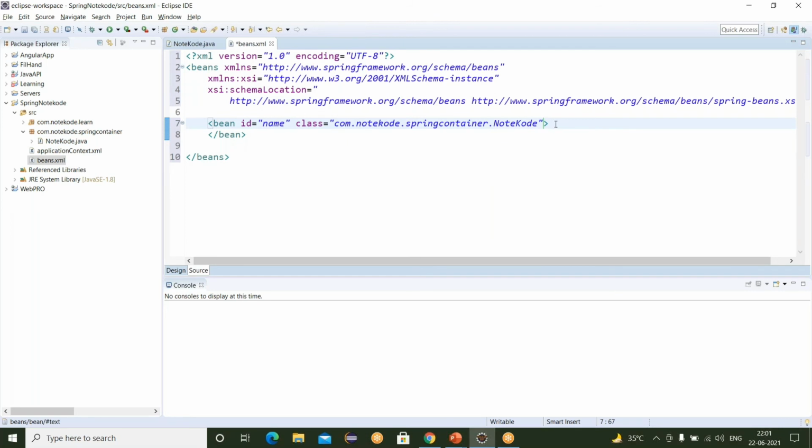Now I have to define the property. Property name. Let's say I'm writing here also the name, and value. You can write here anything. I'm just writing hello world.